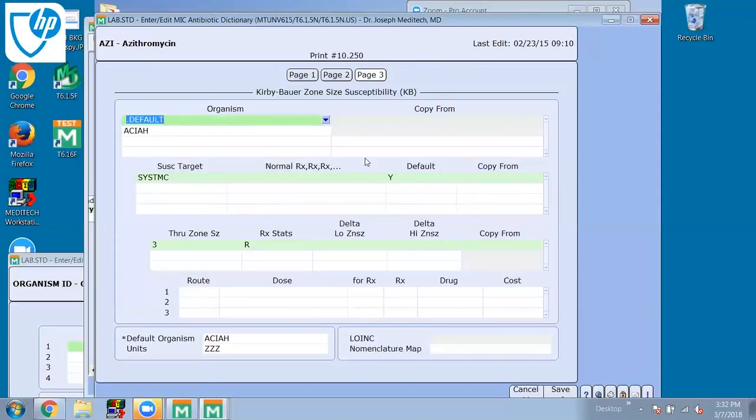And all this information up above here would be kept the same. Down below here, we have the ability to determine our zone sizes. Our through zone size, we can see here that we have 3 millimeters. So this would be considered